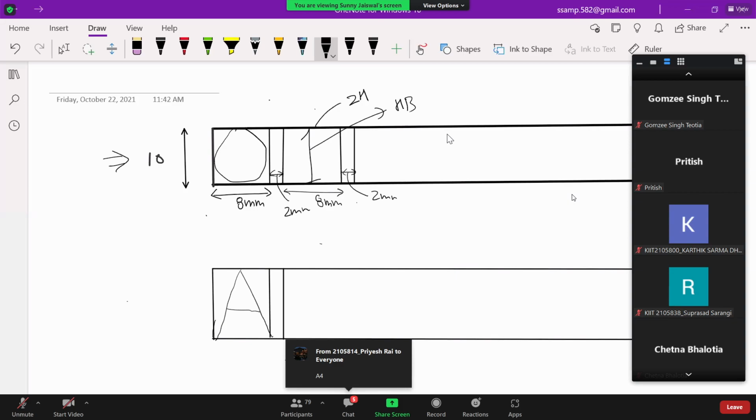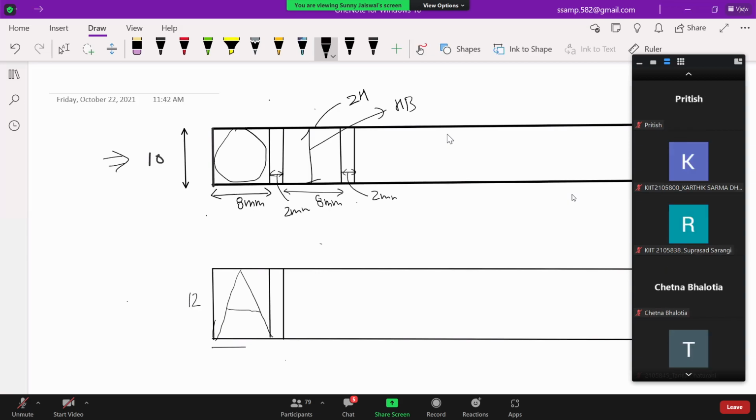Okay, so this is A, and this height is how much? 12 mm. Well, this is 10 mm. You can take 10 mm. Every time you do the drawing, you do not need to remember and measure. Just today do this exercise properly, and in the remaining classes you can do it by freehand, and it will be good.